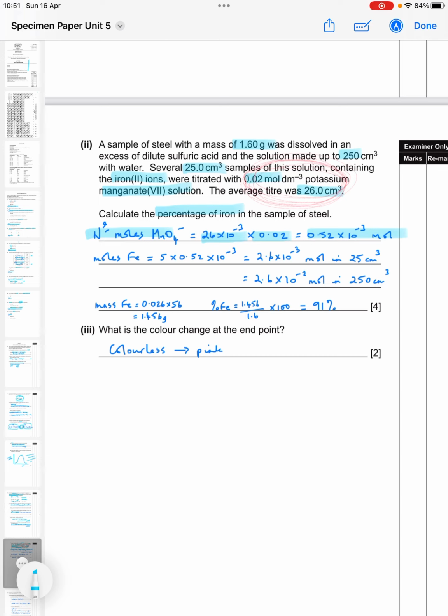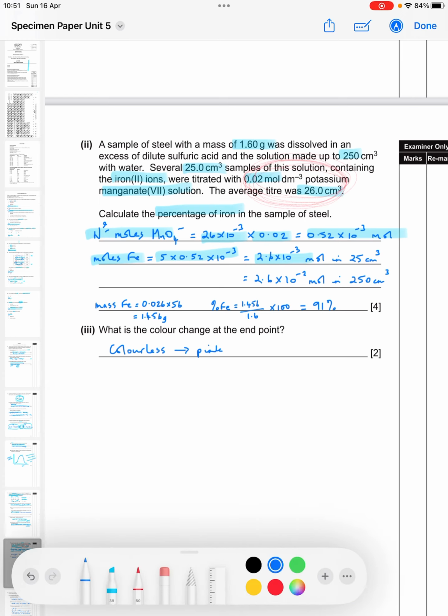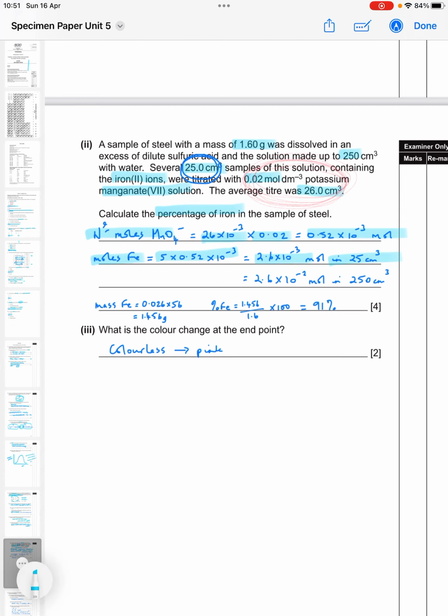So we know there is a 1 to 5 ratio between the number of moles of the manganate 7 and the moles of iron. So we multiply that 0.52 by 10 to the minus 3 by 5, and that gives us 2.6 by 10 to the minus 3 moles. From the question, we know that that is in 25 cubic centimetres. Now, in 250 cubic centimetres, we're just multiplying that by 10, so that's 2.6 by 10 to the minus 2 moles in the 250 cubic centimetres, which is 0.026